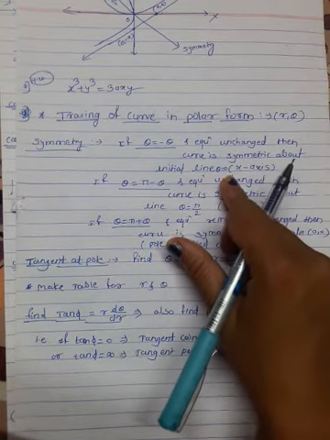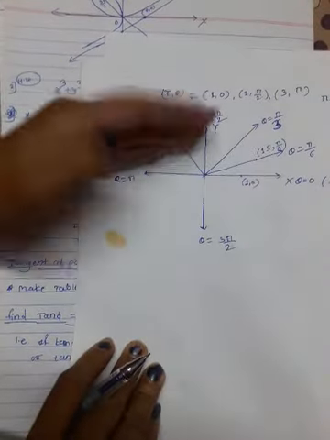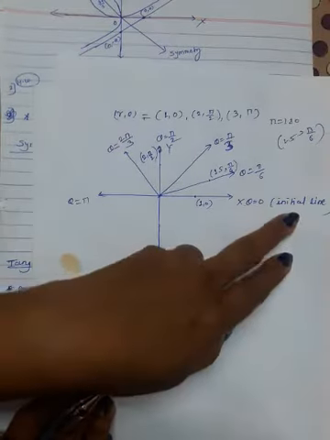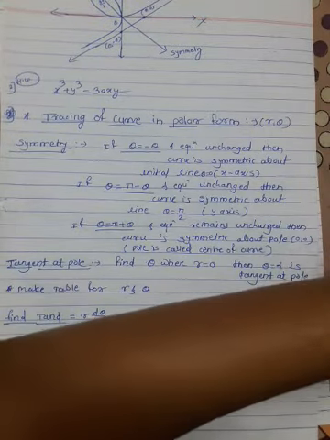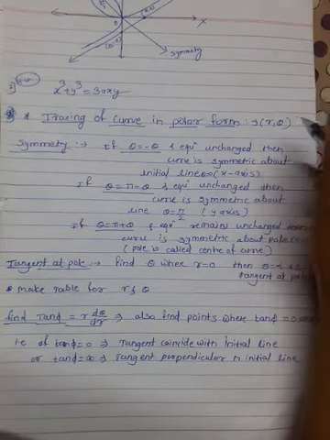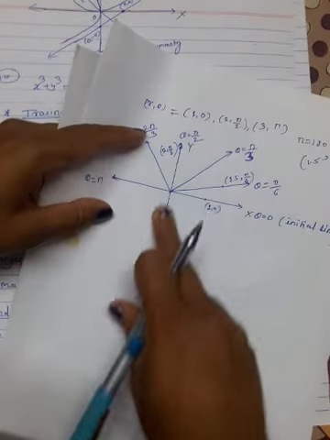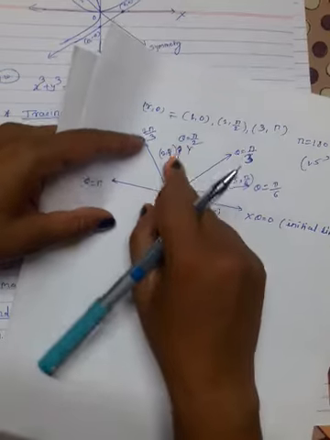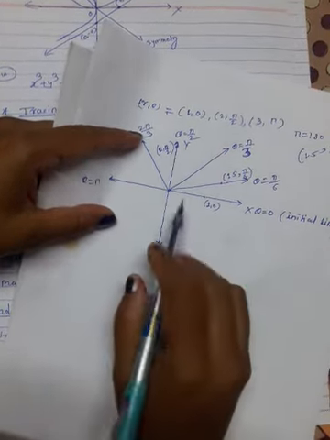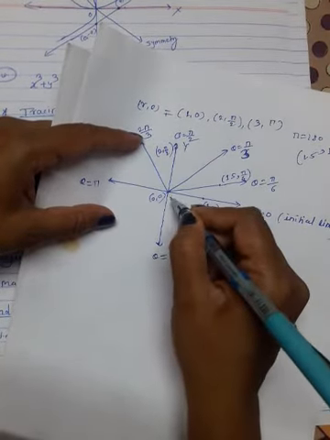Theta is equal to 0 means the x-axis. That means the curve is symmetric about the theta equal to 0 axis, or initial line. This is called the initial line in polar form. Thus just the nomenclature is different. Instead of the x-axis in polar form we use the initial line. And instead of the y-axis we use the whole line theta is equal to pi by 2. And instead of origin we use pole,